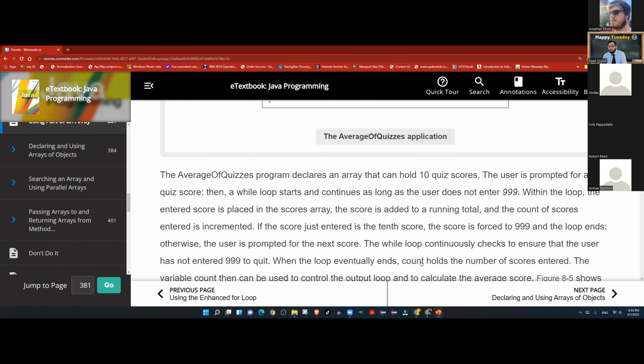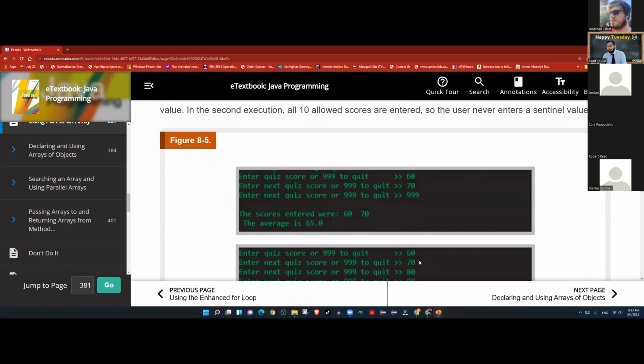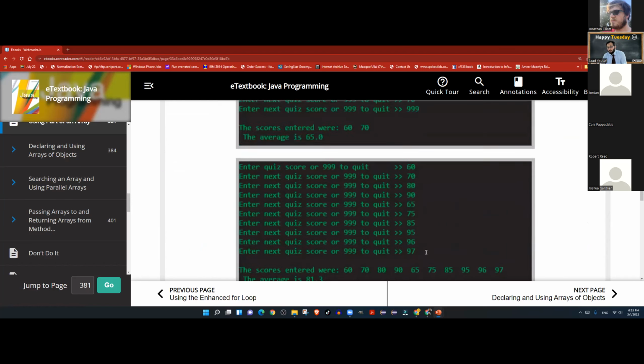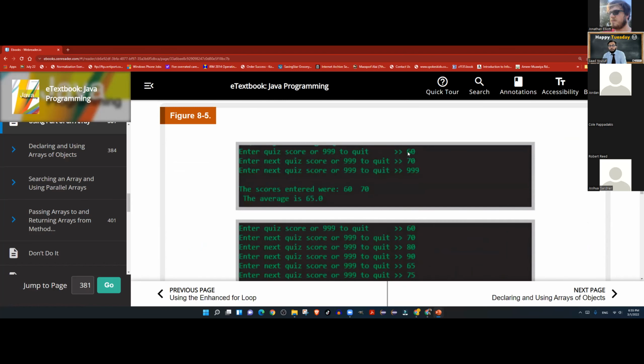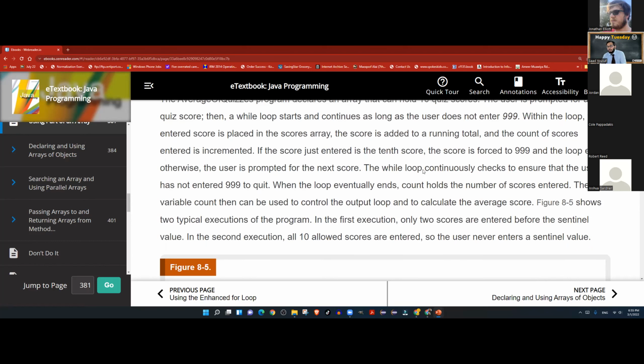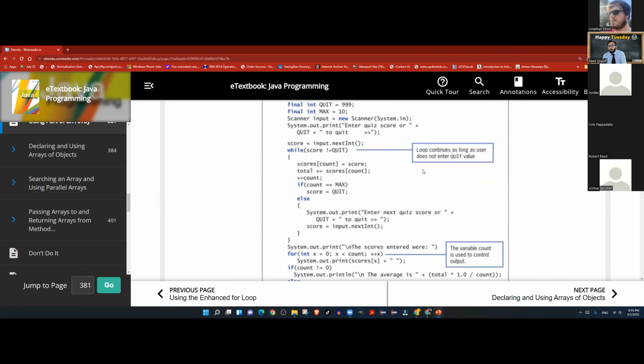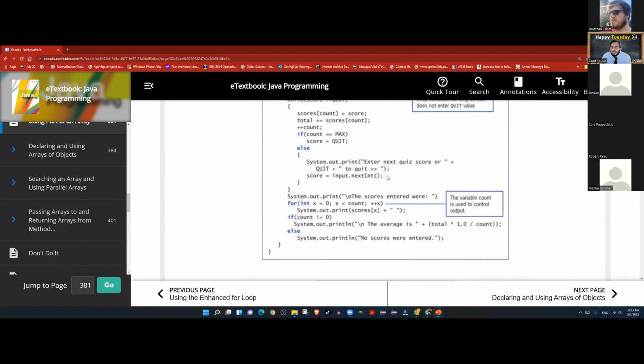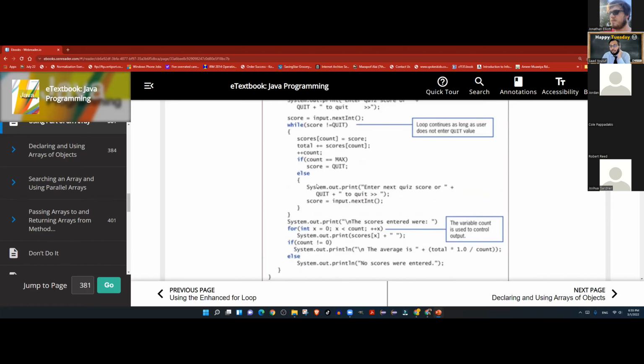Okay, so here are sample runs. The user entered 60, 70, and then 999. So 60 and 70 were only included. Why was 999 not included? Because 999 is a quit value. So after we accept an input from the user, if let's say the user entered 999, the score is 999.